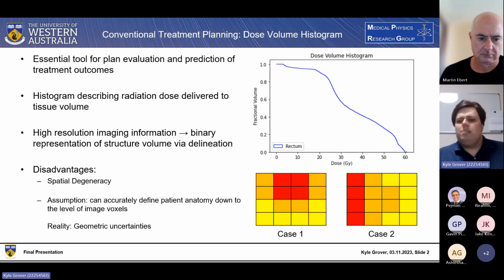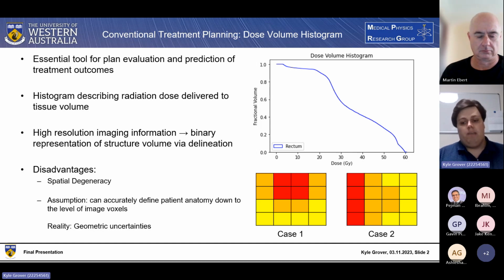optimization. One of the major caveats of this representation is that we end up taking high resolution imaging information and reducing it down to a binary representation of the structure volume via delineation, losing a lot of the spatial information that was provided originally. Some of the disadvantages of this include that we have a spatial degeneracy, where if